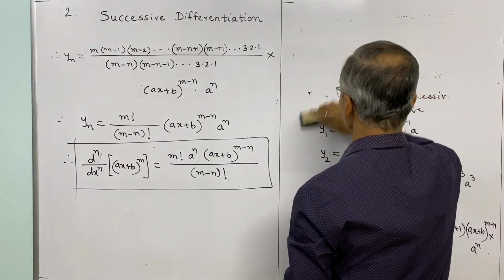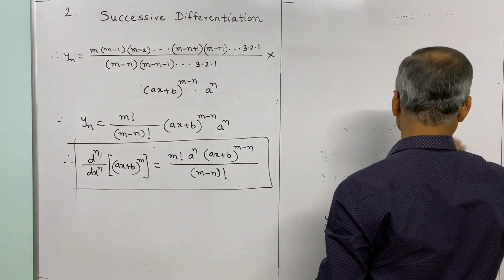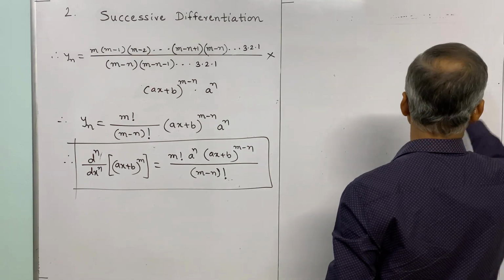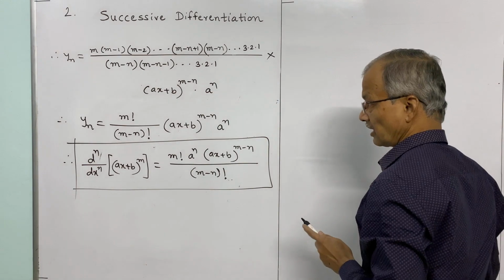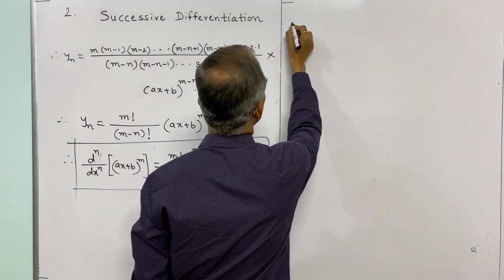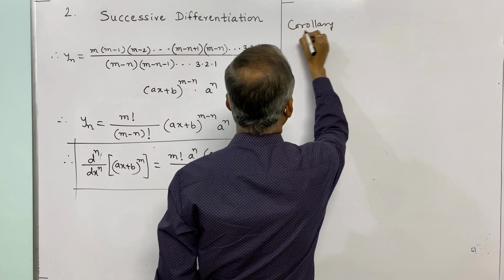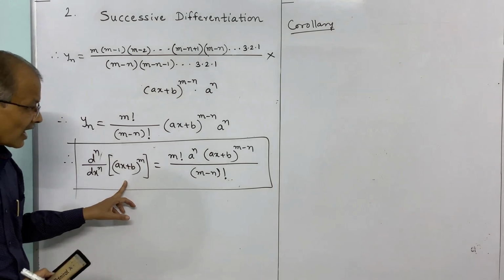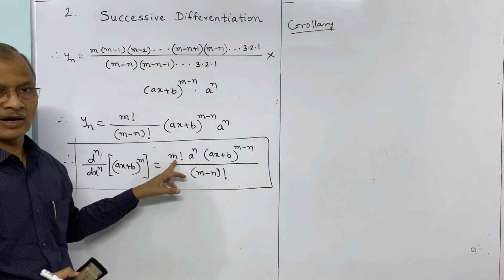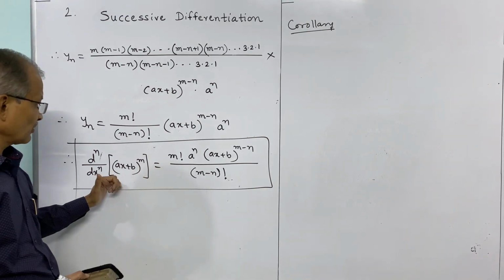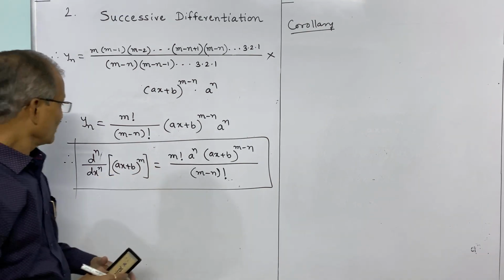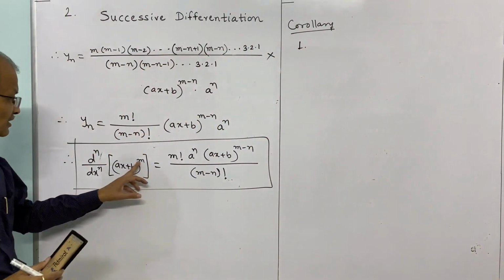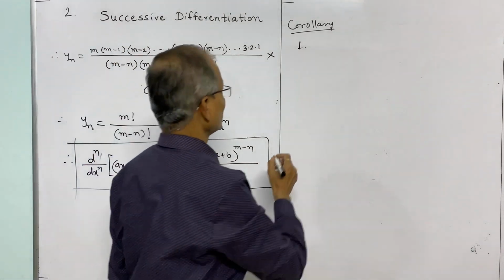Now we shall obtain some results from this main formula, and see what will happen if m is minus 1. Now we will have the corollary to this result. So if m is minus 1, then it will be a reciprocal function. But we can't use the value here directly because minus 1 factorial is not defined, and therefore we have to find it out separately. So first we shall consider what will be if these powers are the same. If m is equal to n,